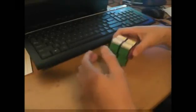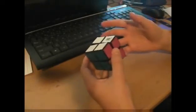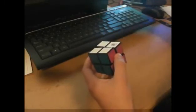And there we go. So I hope these tips really helped you, and basically just learn all the algorithms first, have the moves memorized, and then they will be in your muscle memory. Because I don't even know them, they're in my muscle memory, and I have to use a cheat sheet to help me